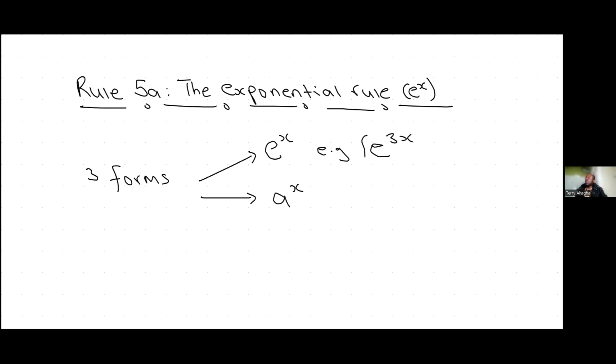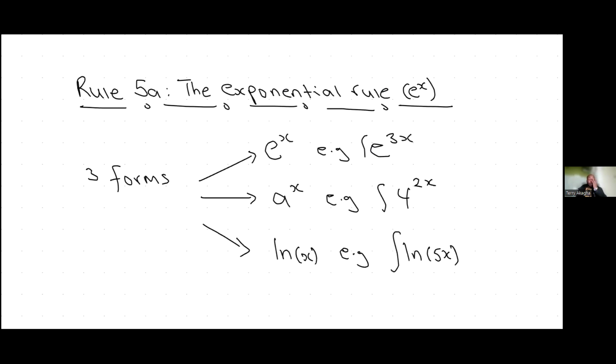Or you could be told to integrate maybe 4 raised to power 2x. Or you could have a ln x. So for example, you're told to integrate ln 5x. So all these are different forms of exponentials, but in this video, I'm going to focus on the exponential raised to